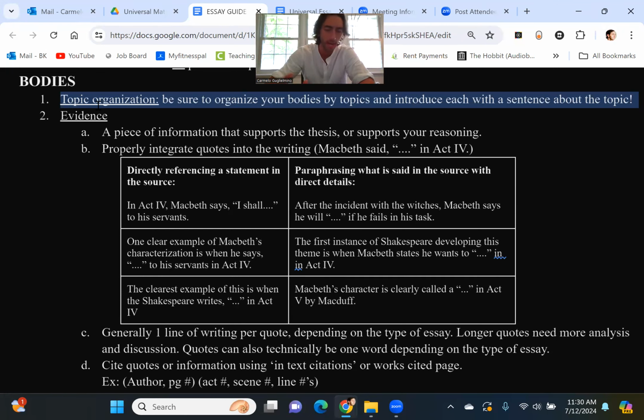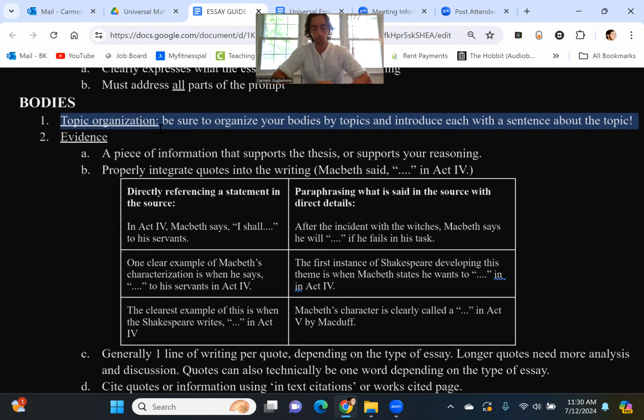So sure, you're telling me Romeo's flaw is his impulsiveness. Well, where do you see that? How should I really understand that? Can I really believe you when you say that? Why is that an accurate statement about the play? How do we demonstrate this? With the body paragraphs, okay? So you want to think of the body paragraphs as that step of the essay. How do we demonstrate this to our readers?